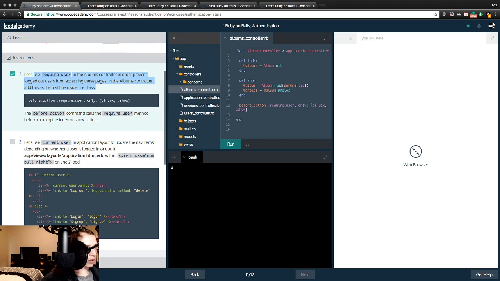Good. So, green check mark. Before action command calls the require user method before running the index or show action. Let's use current user in application layout to update the nav items depending on whether a user is logged in or out. In apps, views,